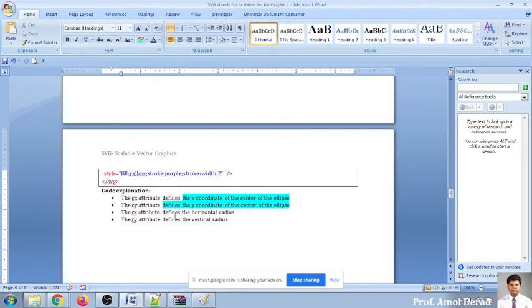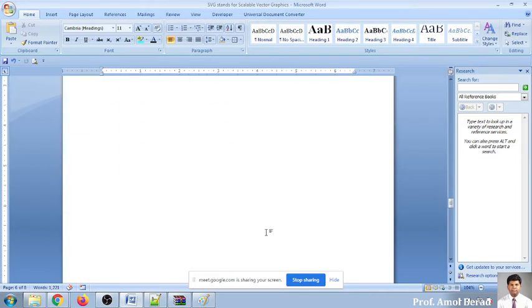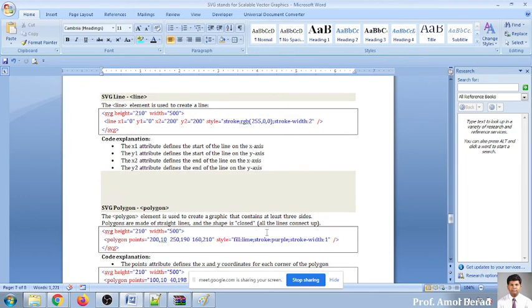RX attribute stands for horizontal radius, and RY stands for vertical radius. So these four parameters you have to keep in mind as far as ellipse is concerned. Yes or no? Shall I move further now? Yes, sir.